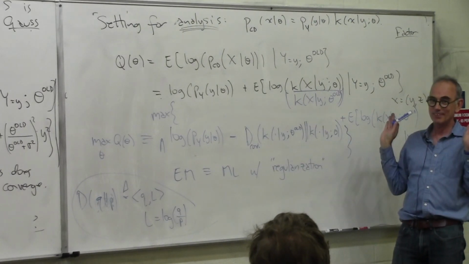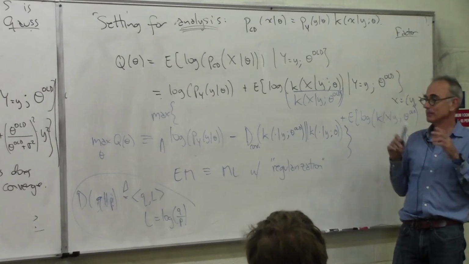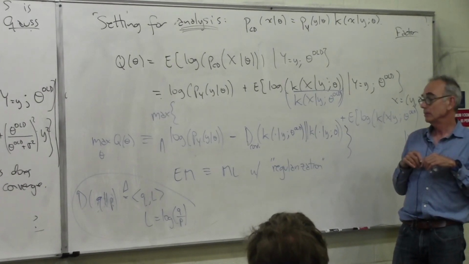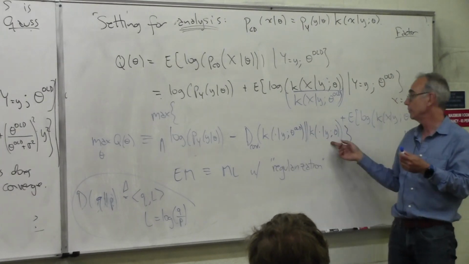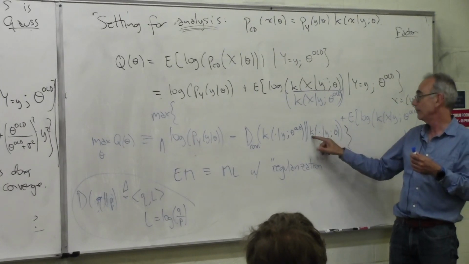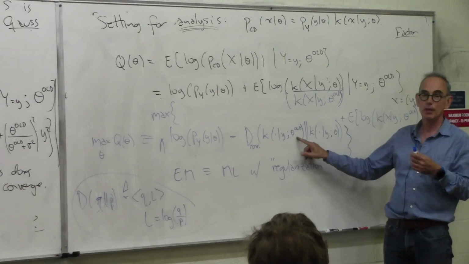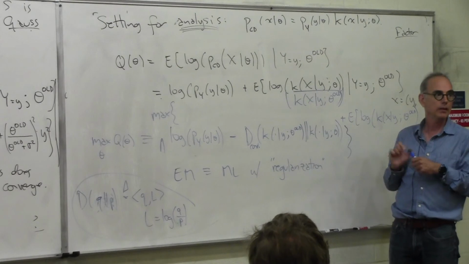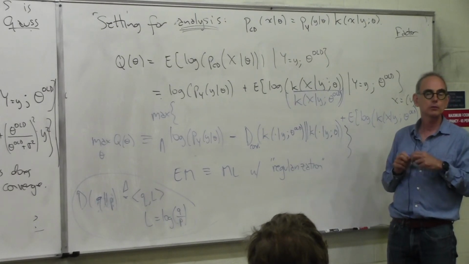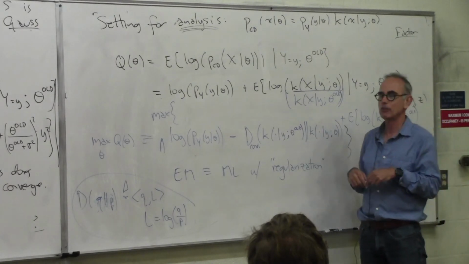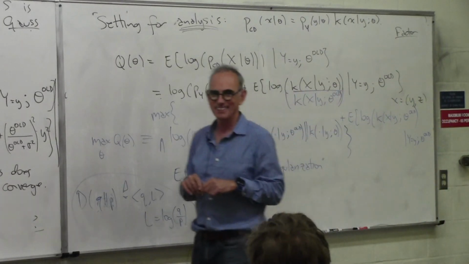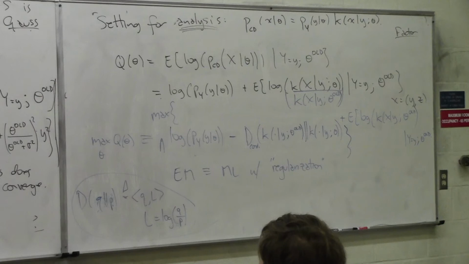That's it. You can view that as a penalty. That's one way to think about it. This is a positive term which gets used if theta is very far from theta old. So it's something to keep you close to where you were before. Is that like a stopping condition? No, it's not a stopping condition. It's a penalty. There's no stopping condition. It's just what it is.